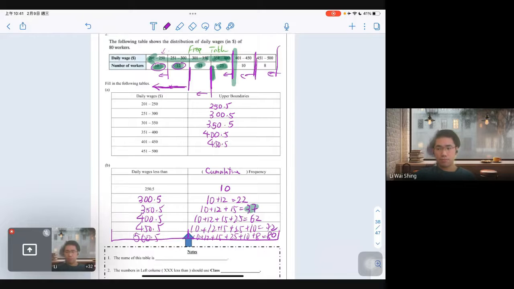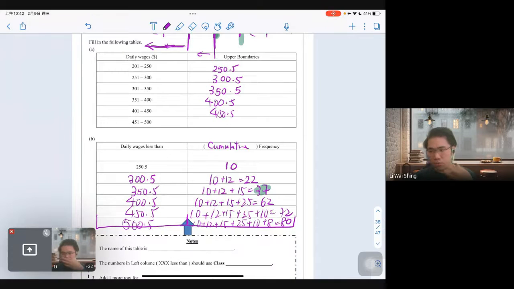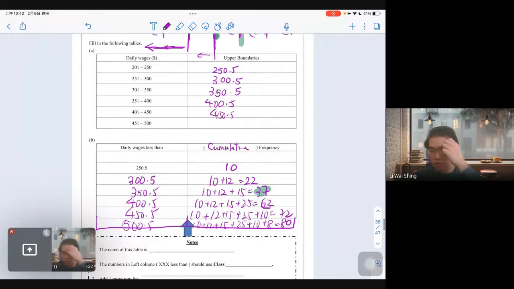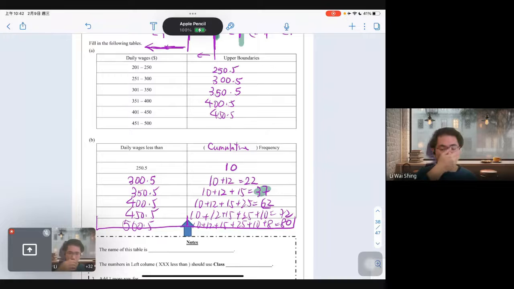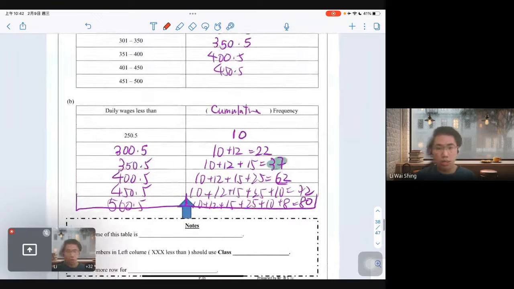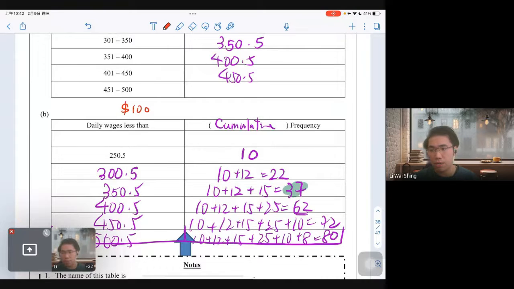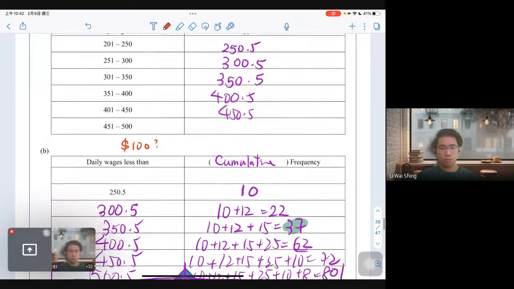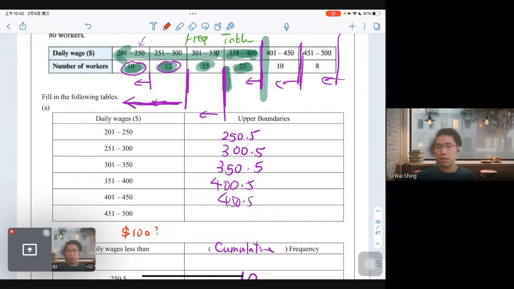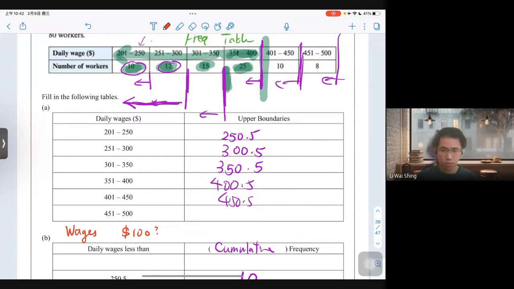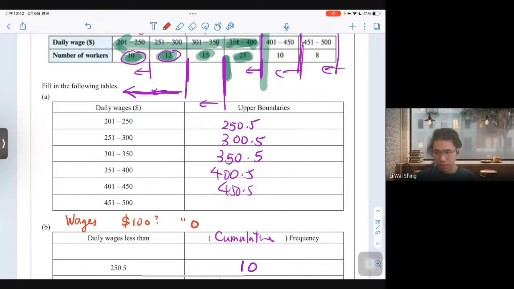呢度有冇問題？你只係畫翻每一個 group 少過佢有幾多個人。So from this table, I don't need to add up any more numbers。我想話少過400.5有幾多個人啊？62個人少過400.5。Clear？OK，呢度有冇問題？冇問題嘅話，我最後一個問題想問埋大家。我想問有幾多個人嘅 wages 係100蚊啊？0個人，好確實嘅0。